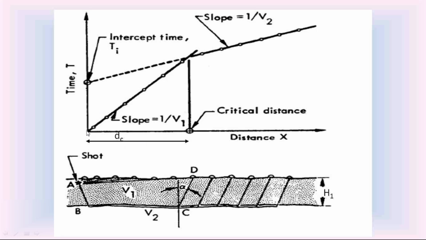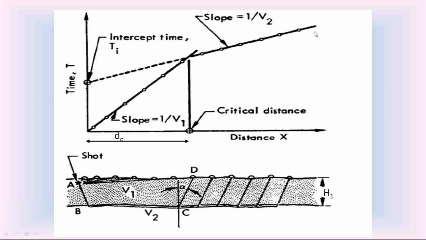So by using those details, the distance of the geophone from the source and the time of receiving the shock wave by the geophone from the ground level, we can prepare the graph. Sometimes you will get a graph like this. We are getting this graph like this because if the soil below the ground level is a two-layer soil, you will get two different types of straight lines, because in the first soil layer the velocity is v1, in the second soil layer the velocity is v2.